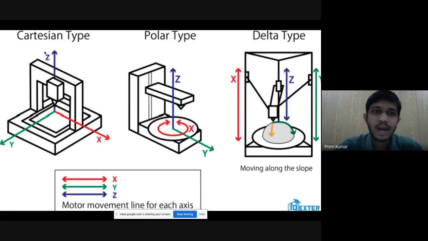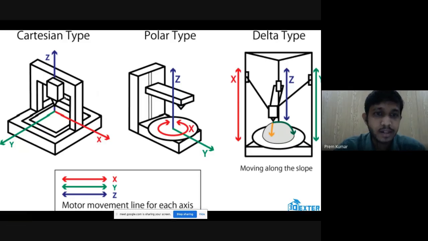If you want to identify what kind of printer you are using, you can simply see the motors' arrangement. If you move this bed, only one motor will be controlling this bed, and if you see this carriage, another motor will be moving this carriage using belts, and the entire carriage moves up and down by using 2 different motors. One is mounted on this end and one is mounted on the other end.